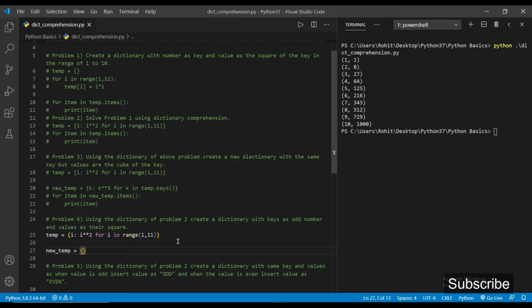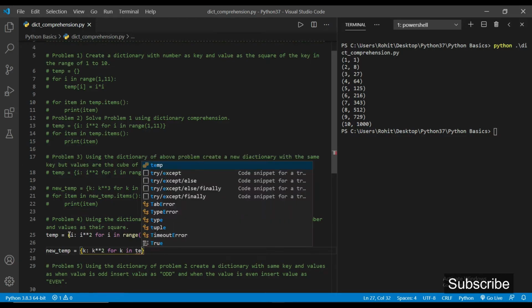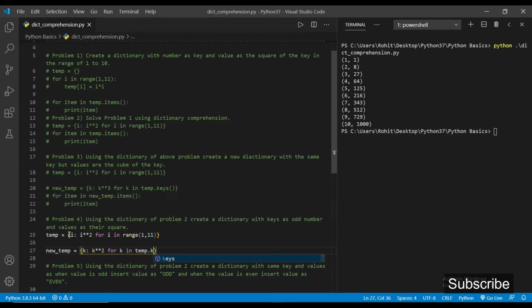Let the key be k. Now we want the square of the key, so we write k star star 2. Now this k will be coming from the keys of temp, so we write for k in temp dot keys.